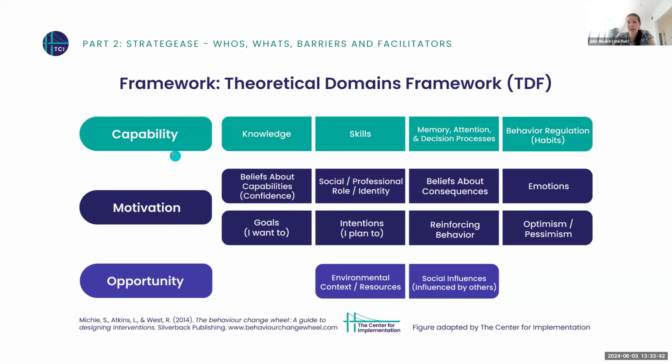So it says capability is made up of 4 things. Do people have the knowledge? Do they know they're supposed to do this thing? Do they know they are supposed to do rapid start, for example? Do they have the skills to do the thing they're being asked to do? Do they remember to do it? And, or is it a habit? Earlier I mentioned hand washing. Hand washing is actually habitual behavior. We don't think about it that consciously, kind of like putting on your seatbelt. And so when something is a habit, we have to change it in a slightly different way than changing a conscious behavior. So these 4 things really unpack capability.